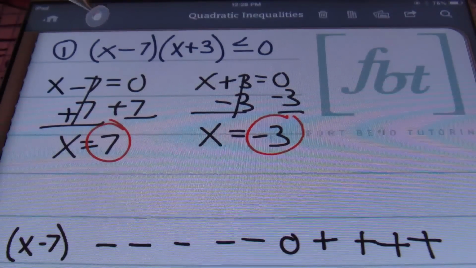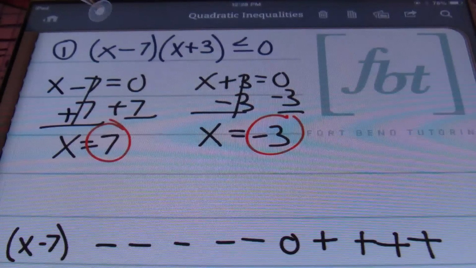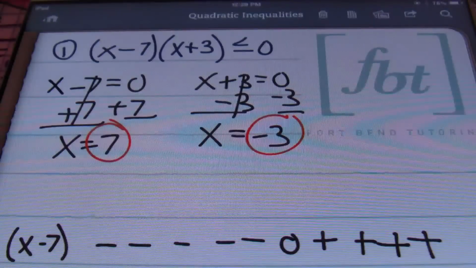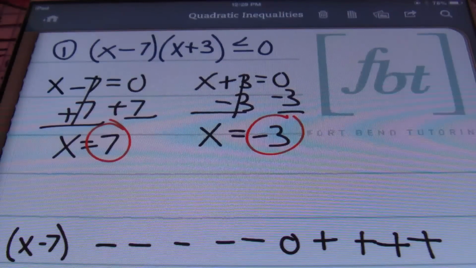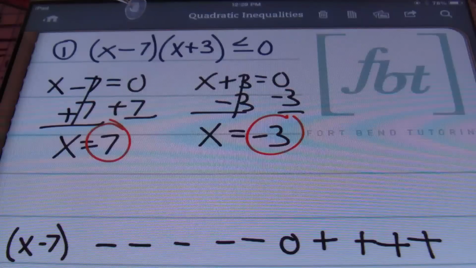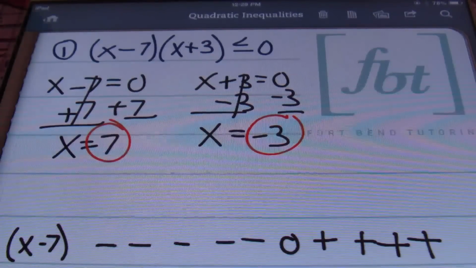Once it's factored, we have what operation going on with these factors? What operation are these two factors doing to one another? Yeah, that's right. They're multiplying together. Very good. And they're saying that the product of these two factors, once you finish multiplying them, the solutions of